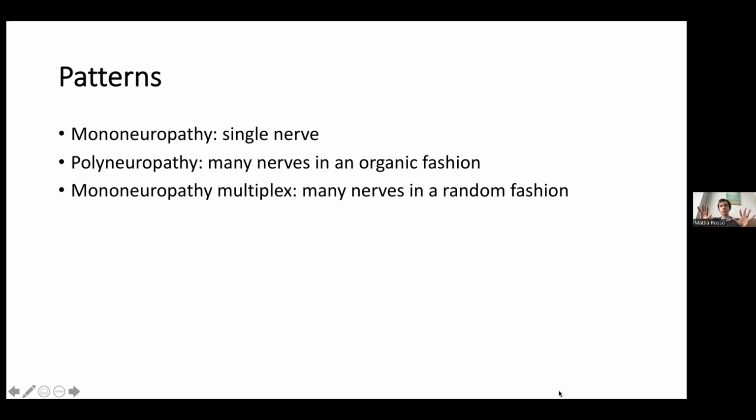Polyneuropathy is when we have multiple nerves that are affected in a sort of symmetric, at least organic fashion. And the last one, which is sort of a zebra, is mononeuropathy multiplex, where it's almost like the immune system, because it's mostly an autoimmune phenomenon, not always, but it's almost like these nerves are picked and chosen. So it's sort of like a bunch of different random mononeuropathies. This is more of a rarity. It's a rarity for med students, for sure. It's something that we need to think about in neurology, but it's still a relatively rare presentation.